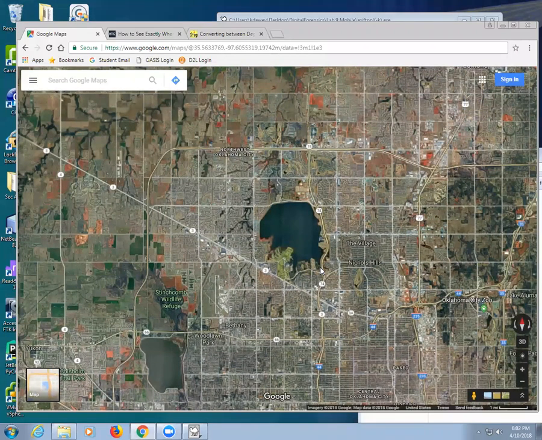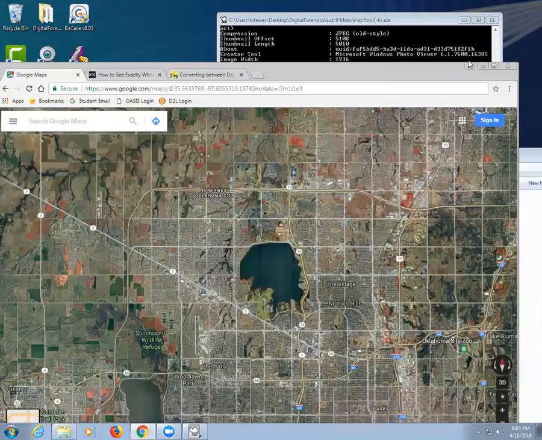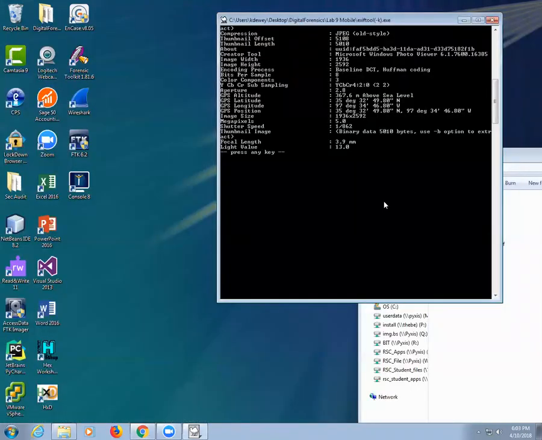But if you do install Google Earth, you can really just open it. You can also do it in Picasa. There's a bunch of different applications you can use. It might do it. All right, but let's look at a couple other things while we have the exif data up. So what else can we see in here?